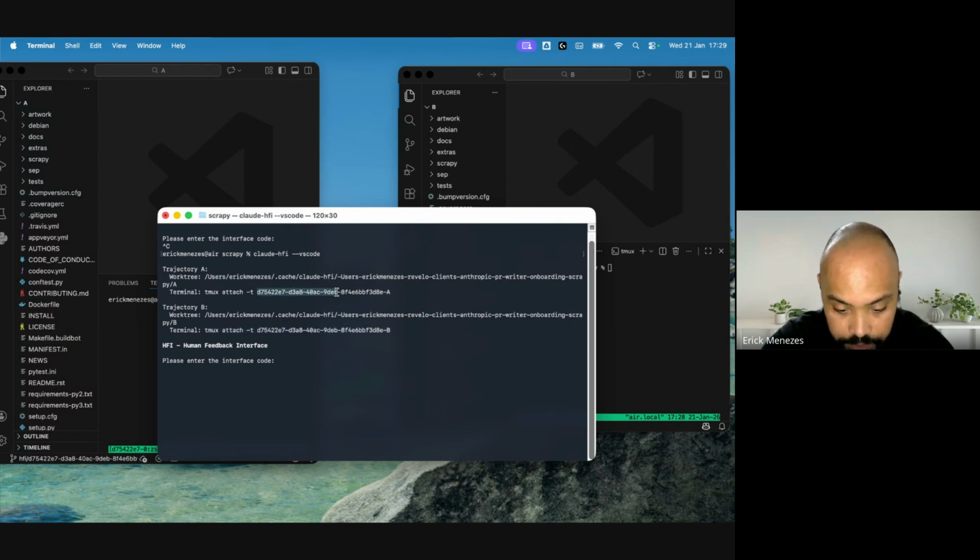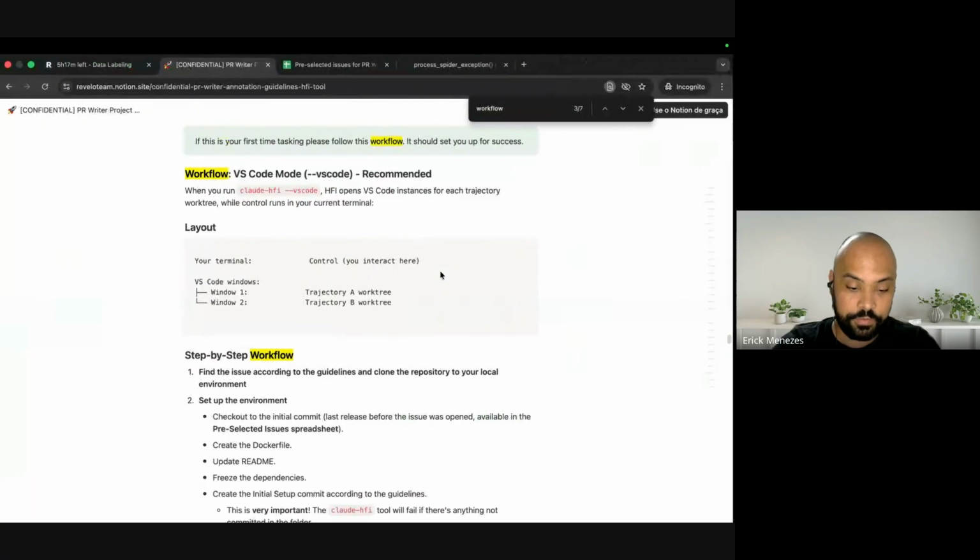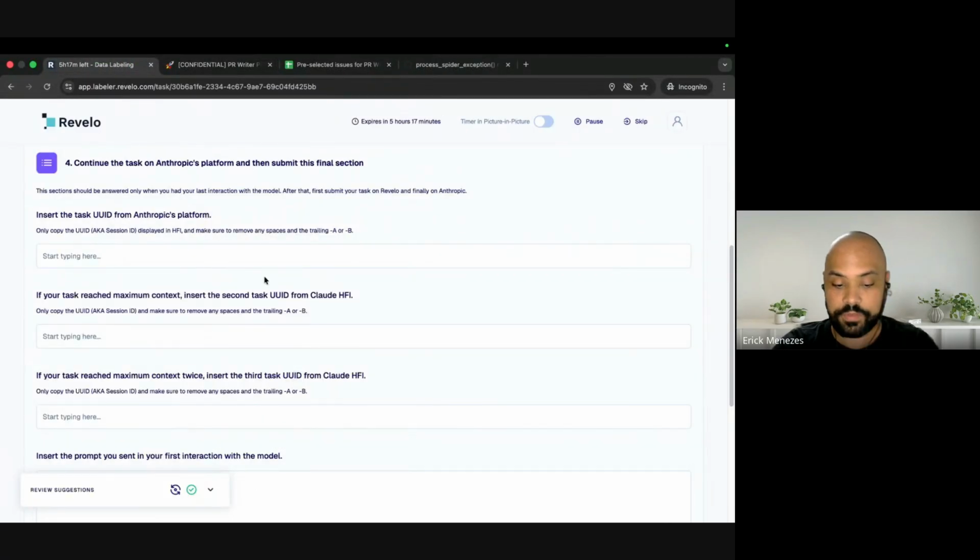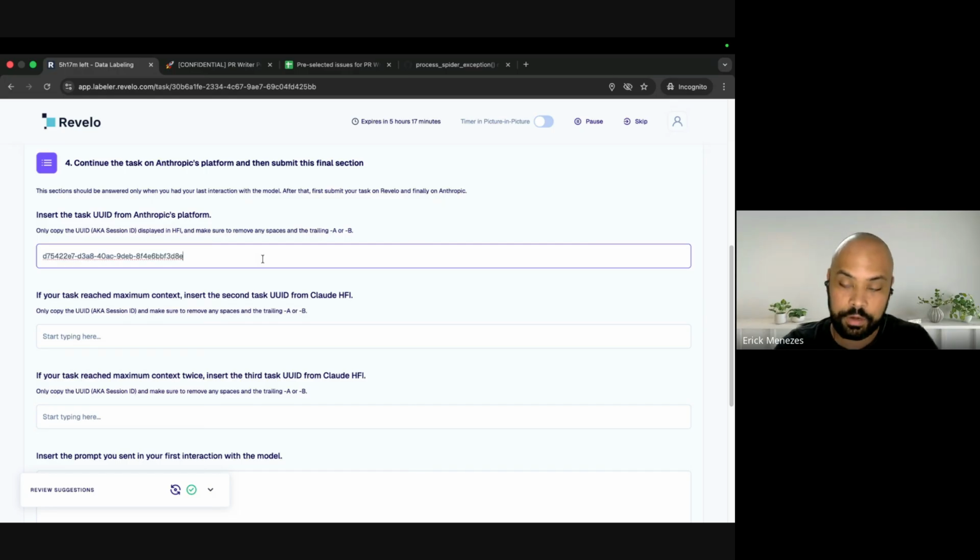Okay. What's more important about this screen? This UUID here. This is what we call the Anthropic UUID. Why is it important? It's how we identify all your work inside the Revelo platform. Also, you can see what's happening when you generate your final tar. So once you have this number, you can put it here. Please save this number, if not on the platform, in a text file, anywhere you want, but it's very important for you to save this file.